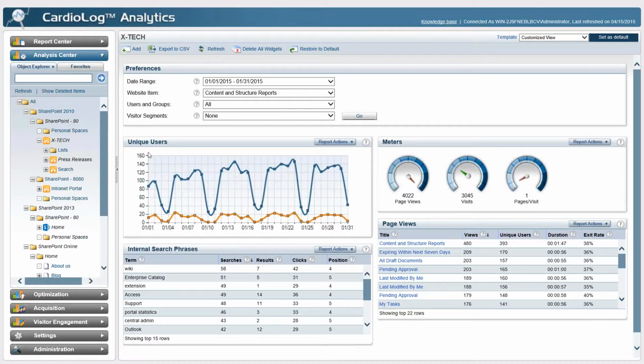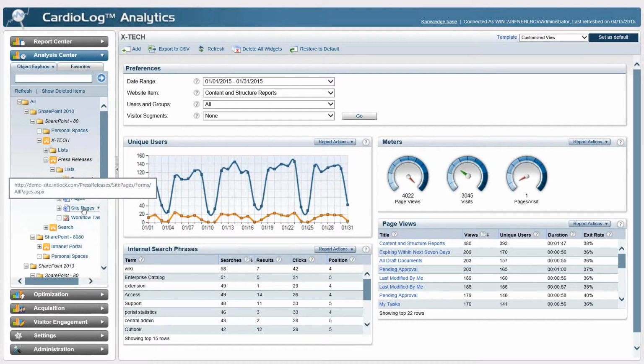So the idea, if I own all these environments, I can create a dashboard across all of my farms to show all of the top users, all the unused content across all these farms, or I can drill down to a specific farm, a site, or drill down even deeper to a specific list, library, list item, like a specific document, announcement, blog post, a user, and so forth, to get instant information for those lower levels of content.